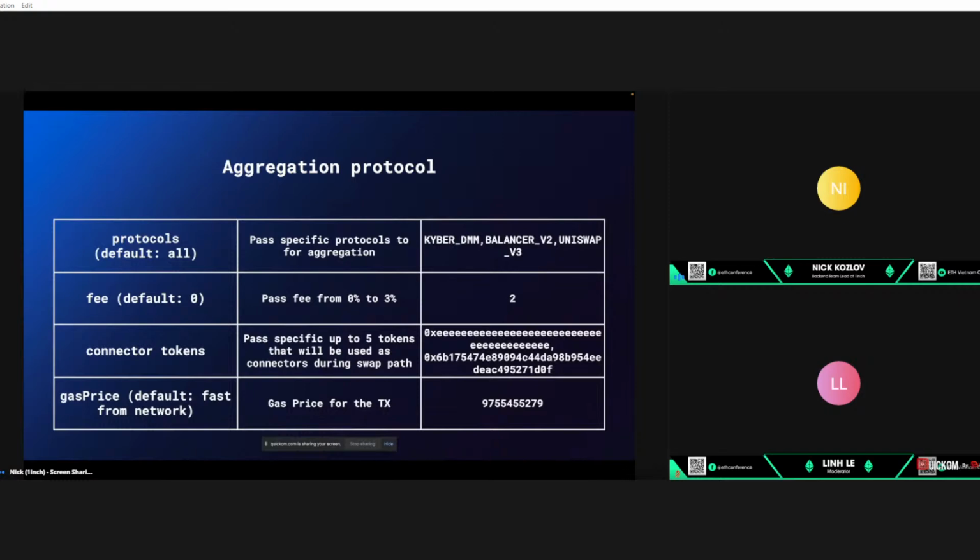So basically, let's talk about additional parameters like protocols. This parameter by default is all. The main idea of this parameter is that it allows you to pass specific protocols for the aggregation API. Let's imagine the case that you do not want to swap on a specific protocol. For example, I do not want to use Uniswap v3 for some reason, for example for compliance reasons or for any other reason. And we do allow you to specify all the